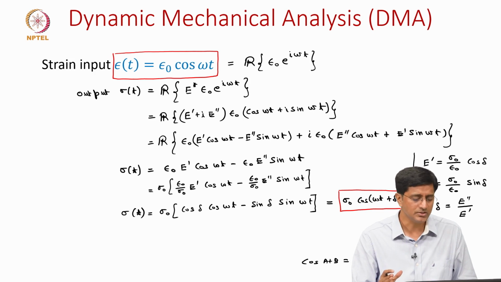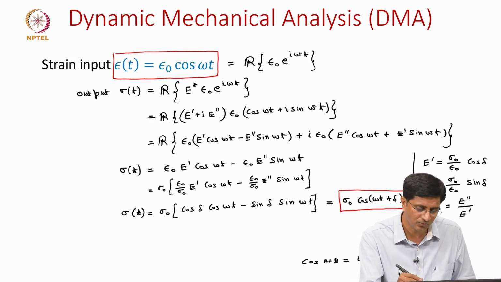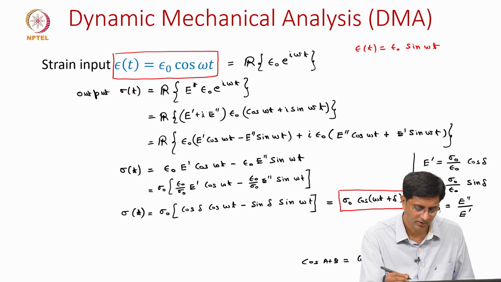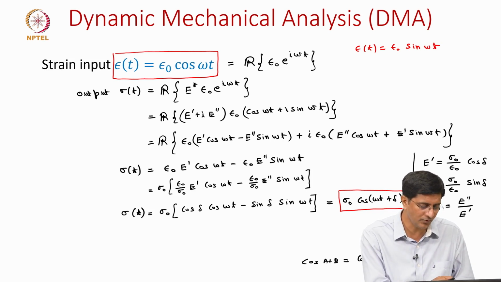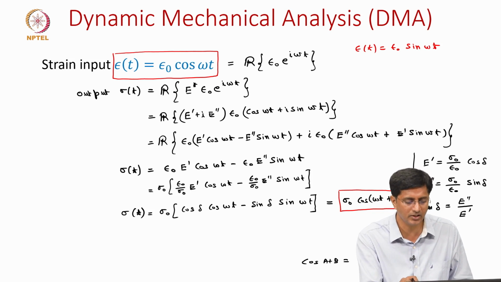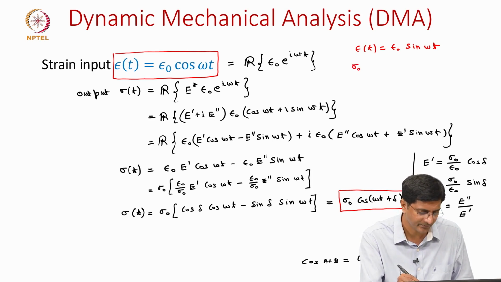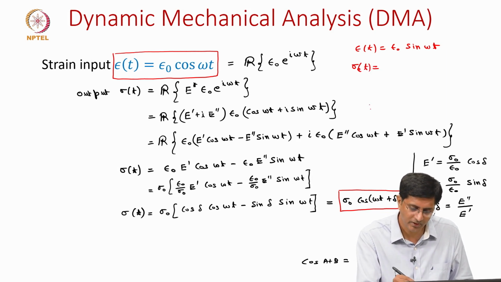So, once we have solved this, one should also be able to solve for a sine input, epsilon naught times sine omega t. Instead of looking at the real part, now we will be looking at the imaginary part. So, even in the output, if we only look at the imaginary part, we should be able to write sigma of t as this imaginary part, given as epsilon naught cos omega t E double dash plus